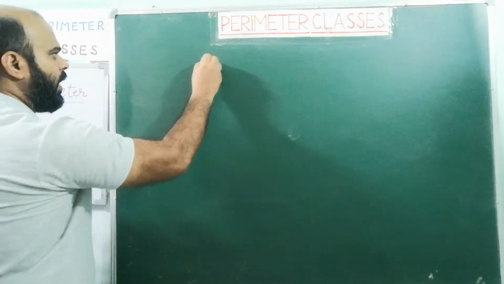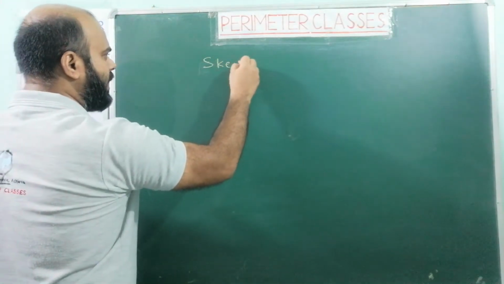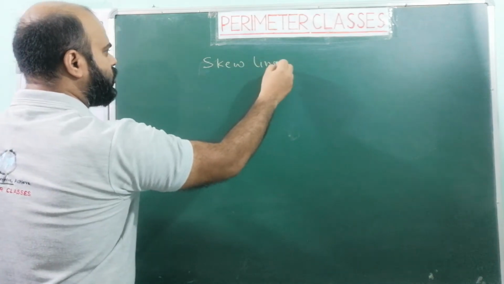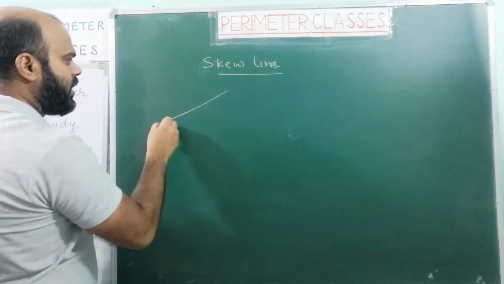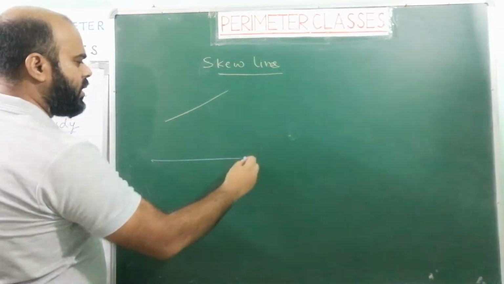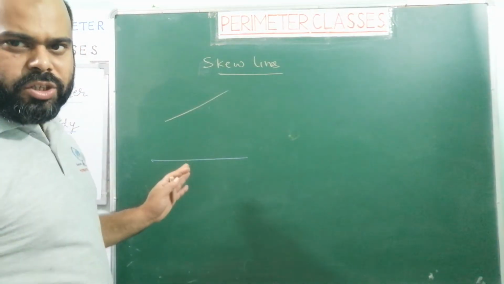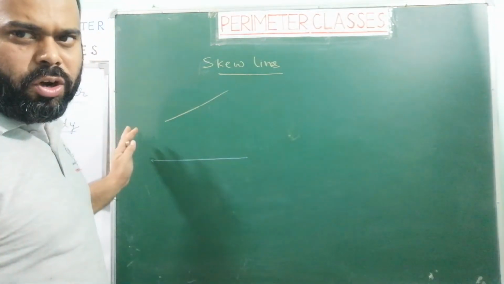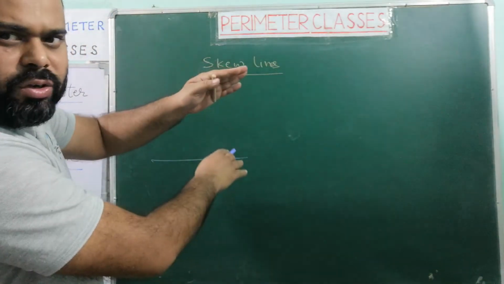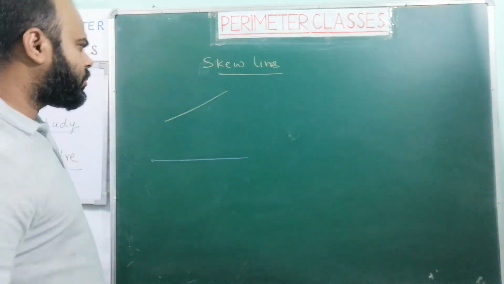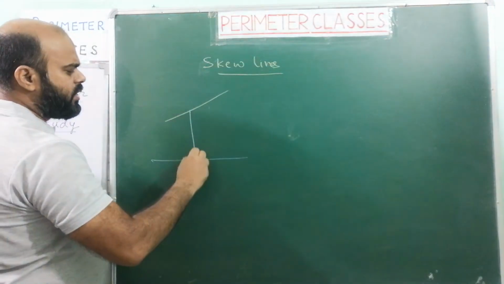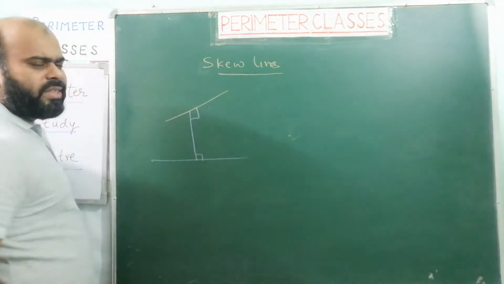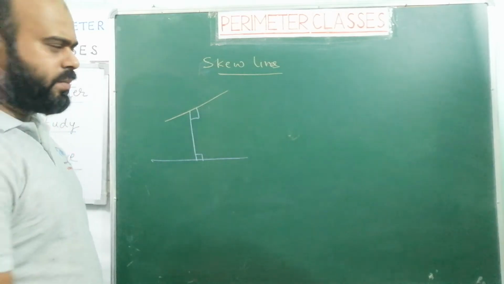If you want to find the distance between skew lines, which are the lines that are neither intersecting nor parallel. Here in a two-dimensional plane, it may seem that they are intersecting somewhere, but they are not actually, because they are in two different planes. So the shortest distance between them is the distance between these two skew lines.